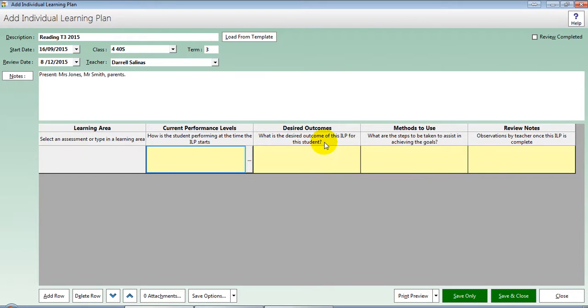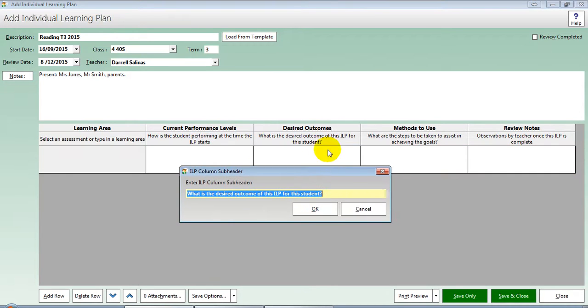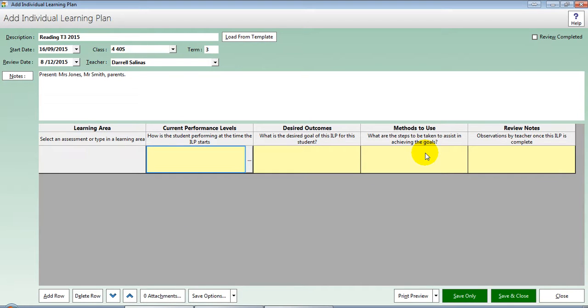We can still right-click on that and actually change the description that goes into the subheader. And this is usually information for the parent or the teacher that helps them understand what the purpose of this column is meant to reflect. And that's how you can set up your column headings and your number of columns to match what you need